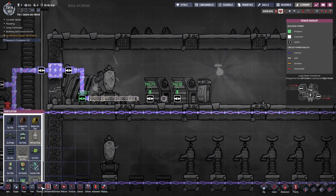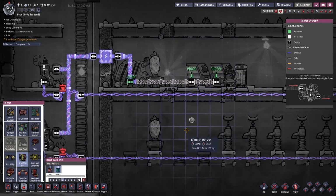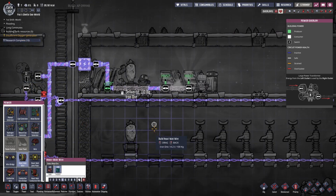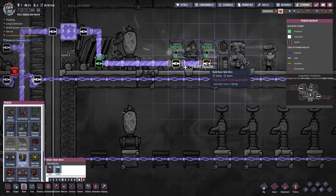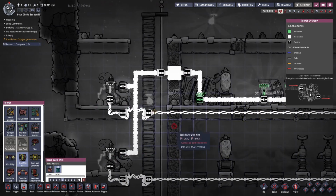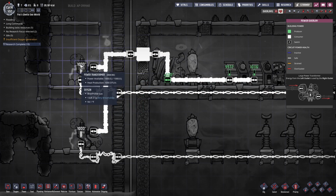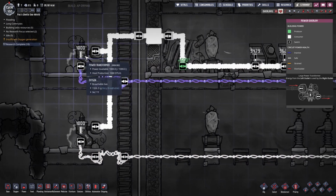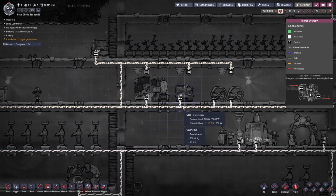Okay, so now what we can do is use the rest of the heavy watt wires to join all these together. And once that happens, then these transformers should have electricity. Please, finish it. There we go. Okay, so now these are on. We can see here that it's giving off 1,000 joules on both of them. And this system here